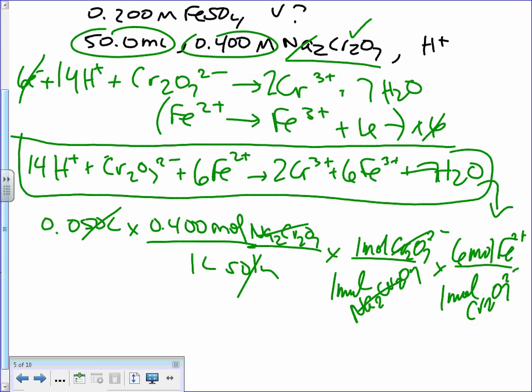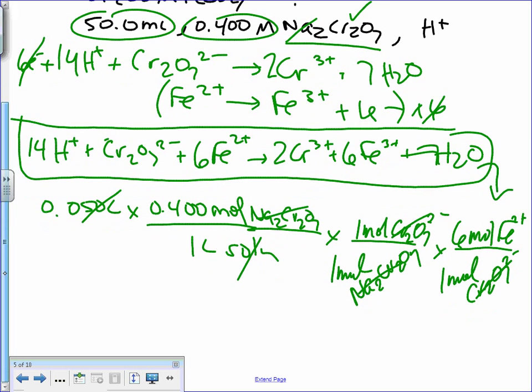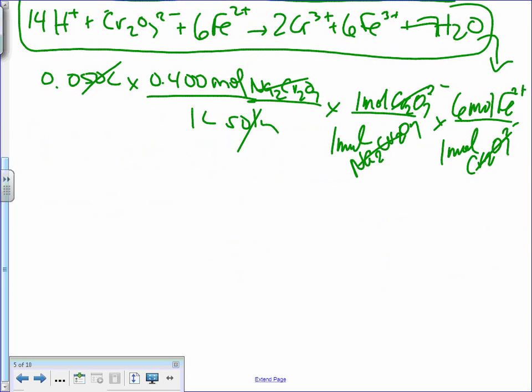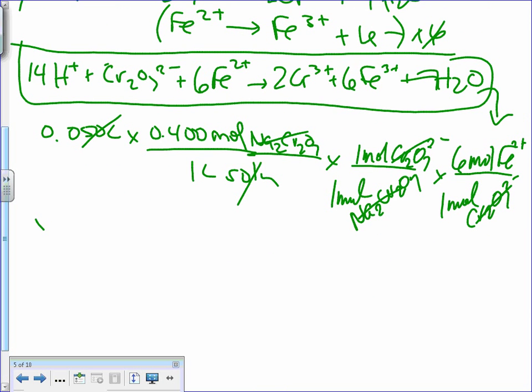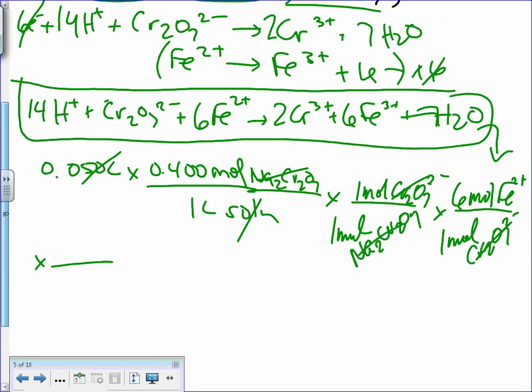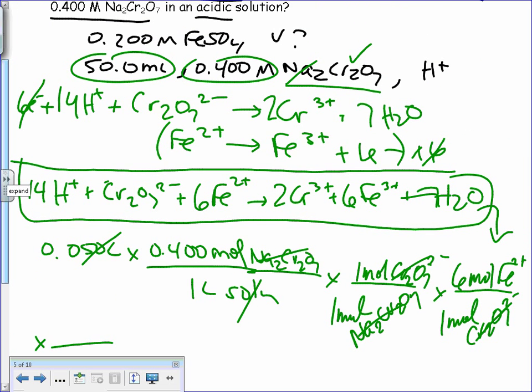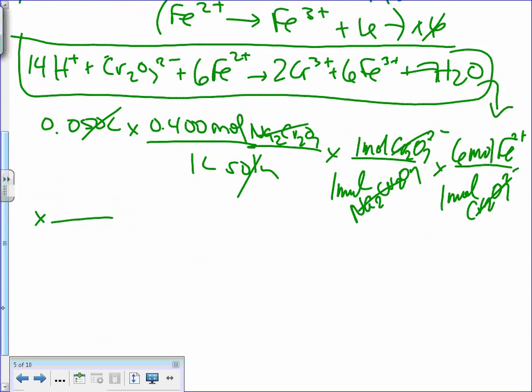Okay, so dichromate's gone. Now get me to what? Iron 2 sulfate. You have to go back all the way to iron 2 sulfate because the question is regarding not iron 2, but liters of iron 2 sulfate. So that's why you have to go back. I know it's a 1-to-1, but deal with it. 1 mole of iron 2 sulfate, because sometimes we're going to have a problem where it's not a 1-to-1, so practice makes perfect. Okay, and then,